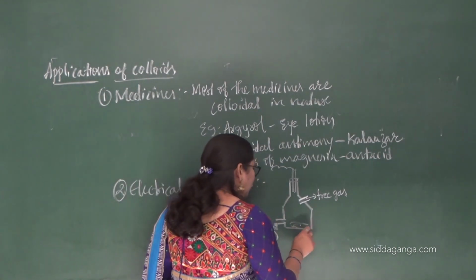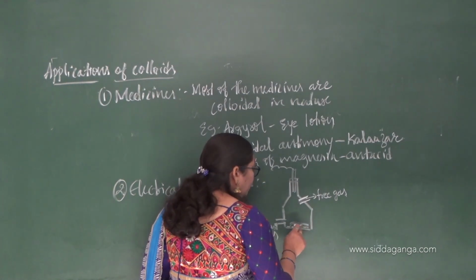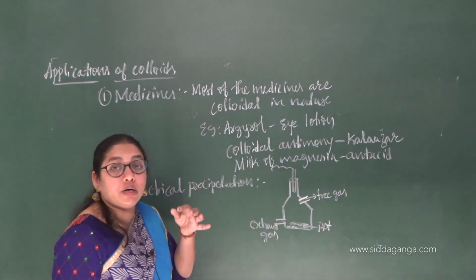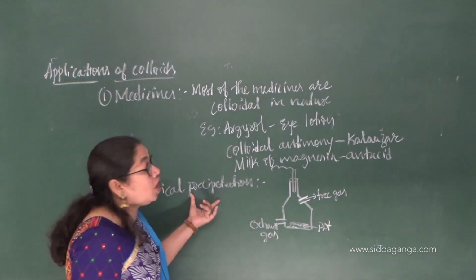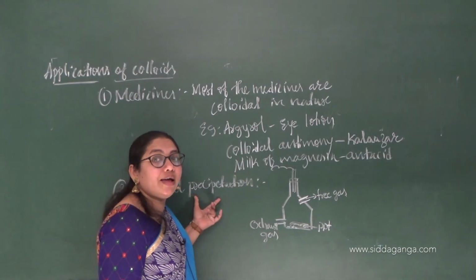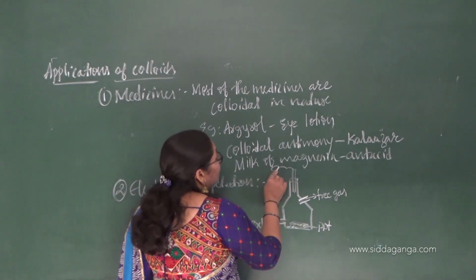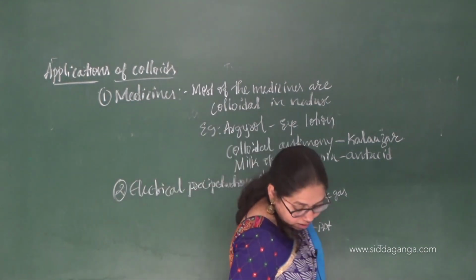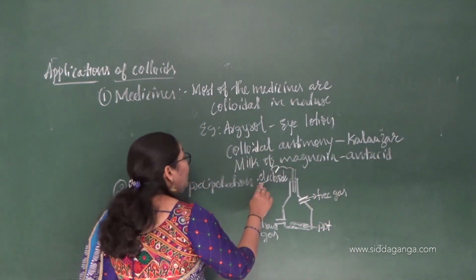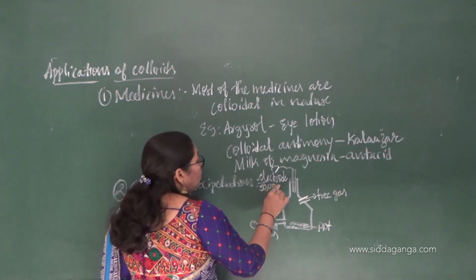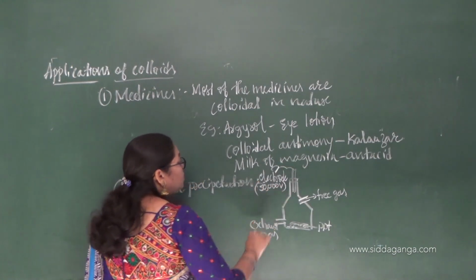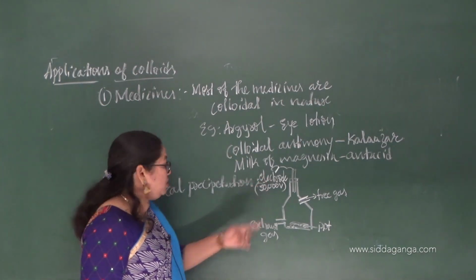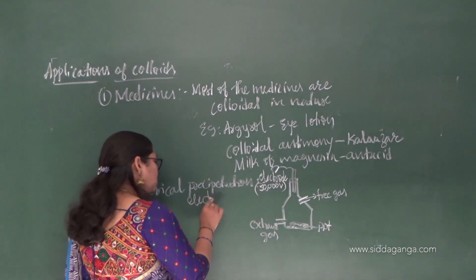So here you can see that the impurities, the poisonous substances, will get precipitated and settle at the bottom, right? This is called a Cottrell precipitator, or you can also call it an electrical precipitator. Here is the electrode; nearly 30,000 volts is provided as the potential difference through this electrode. So simply, it is nothing but electrophoresis only,